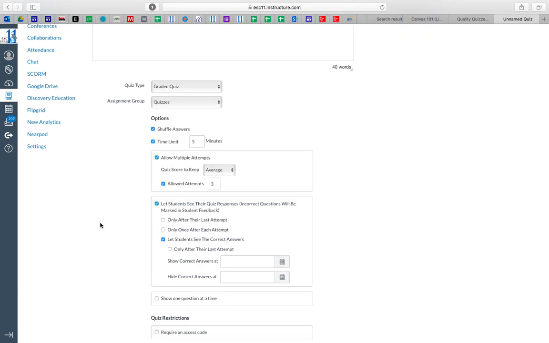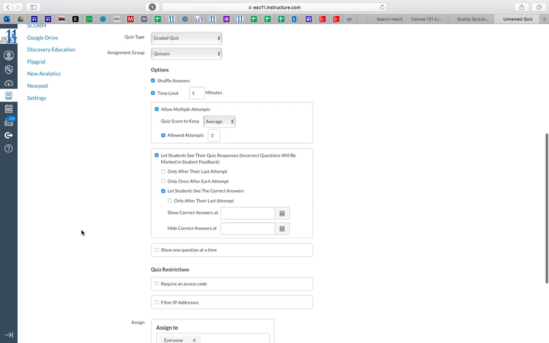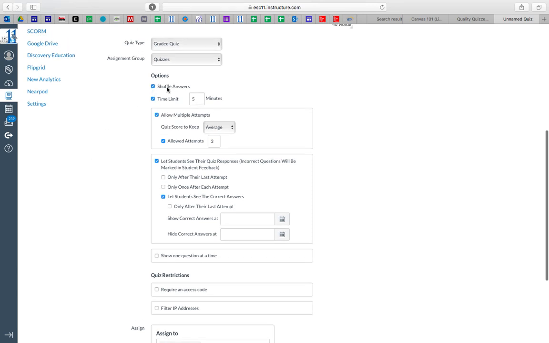When you start creating your test bank, your quiz bank, and by the way, quizzes and exams or quizzes and tests pull from the same bank. Let's say that we put together 20 questions for the Chapter 1 quiz. We randomize or shuffle the answers, and we allow multiple attempts. There's a way to pull 10 different questions each time the students take the quiz, so that they're not all taking the same quiz at the same time.